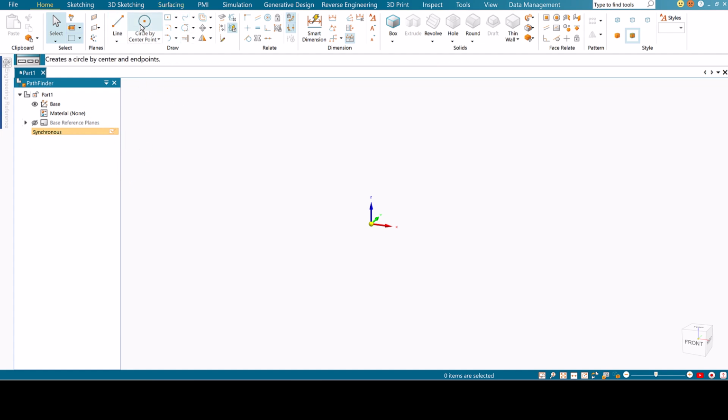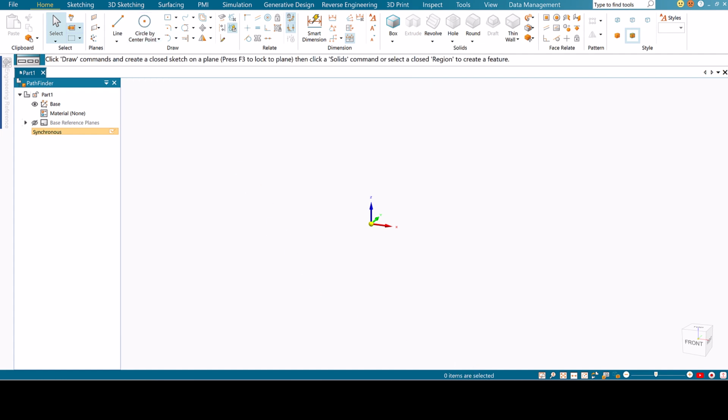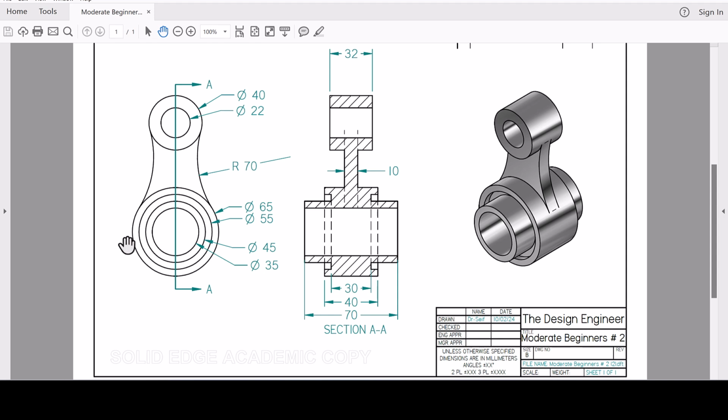Now the next step is I need to draw the sketch. How many circles do I have here? I have 4 circles here, 35, 45, 55, 65, and another 2 circles, 22 and 40, at a distance from each other of about 80 here. So we will do that. It seems like I forgot to put it here. The distance from the center of one circle to the center of the other is 80, and we're going to update this